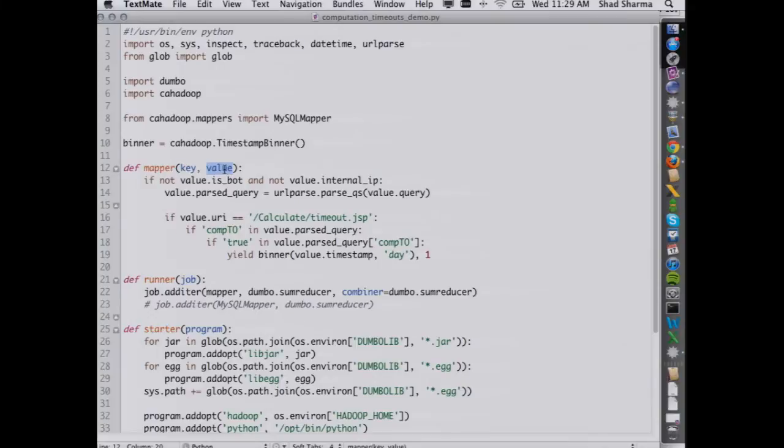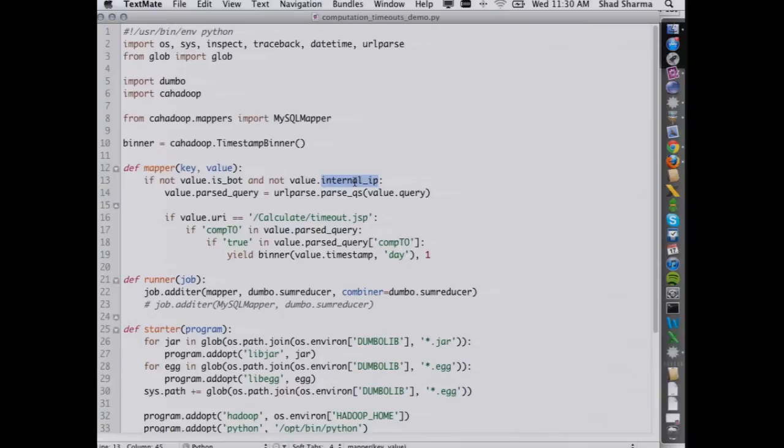Now, our MapReduce system has a little bit of magic happening in the background. For every record in the Apache log, the line is parsed and put into this value object. And this value object actually has several properties that allow us to very easily characterize it. Like, for instance, is it a Google bot? Or was the request from an internal IP? Because we don't care about Google bots and internal IPs. We care about users. So what our mapper is doing here is filtering. It's making sure that the request that we're currently looking at is not a Google bot and is not an internal IP.